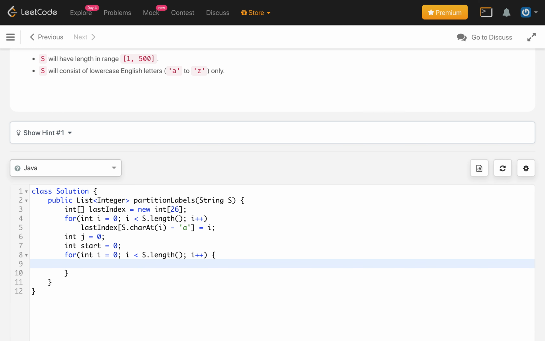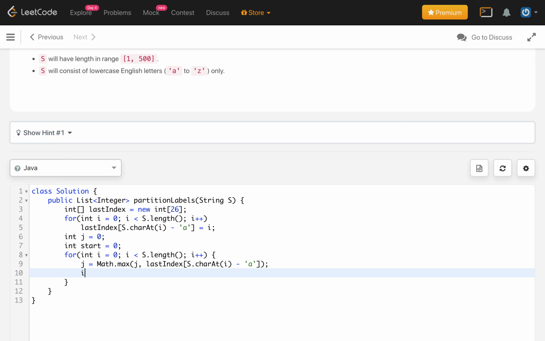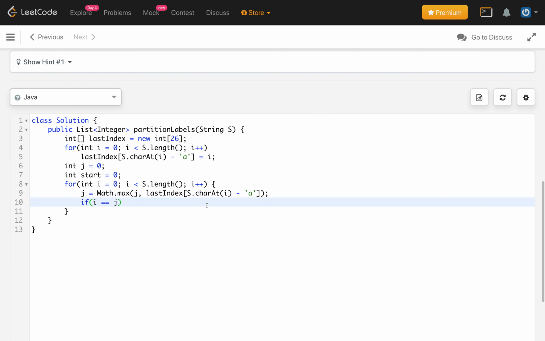Here we will first update j to the Math.max of the current j value or the last index of the current character, which is s.charAt(i) minus character 'a'. Then we will check if i is equal to j. If we found that case, this will be added.